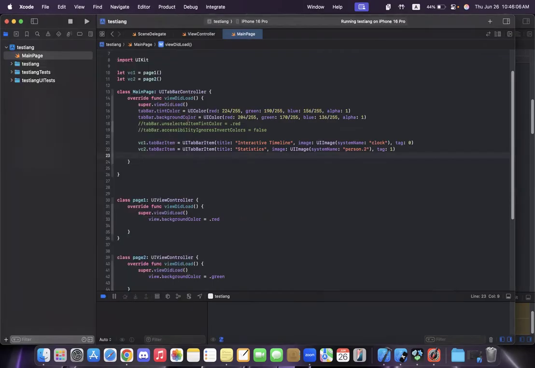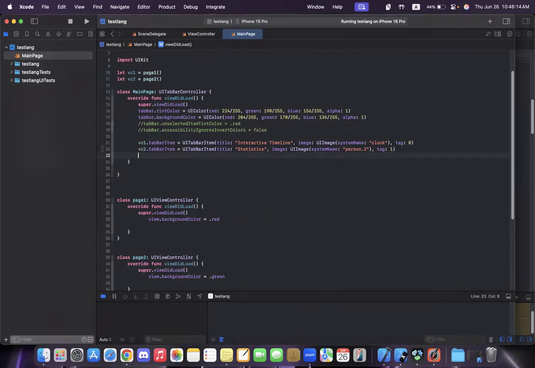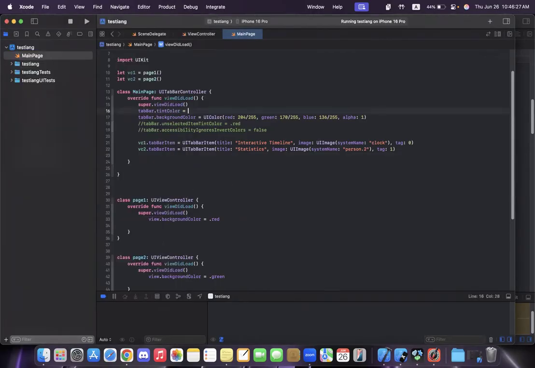You can treat it as the main view controller, but really it's just a bottom bar that hosts these smaller pages, which in our case would be page one and page two. It's customizable, so you can change all of these. The tint color is the color the buttons turn when you click them. So we'll just do cyan, and the background color